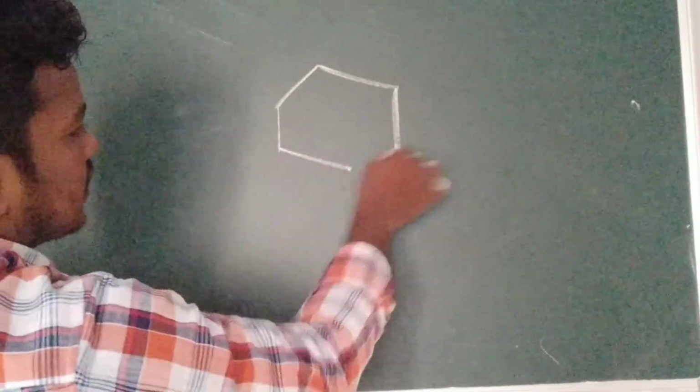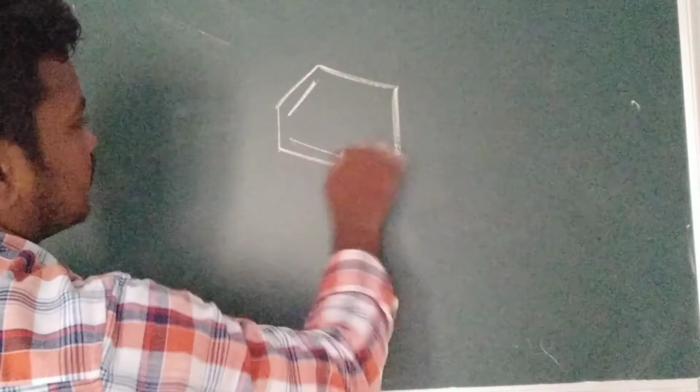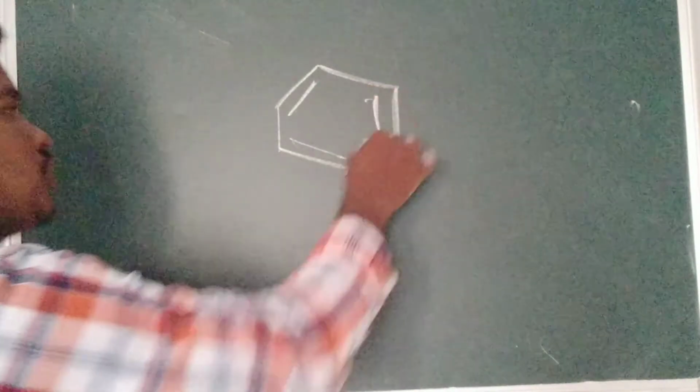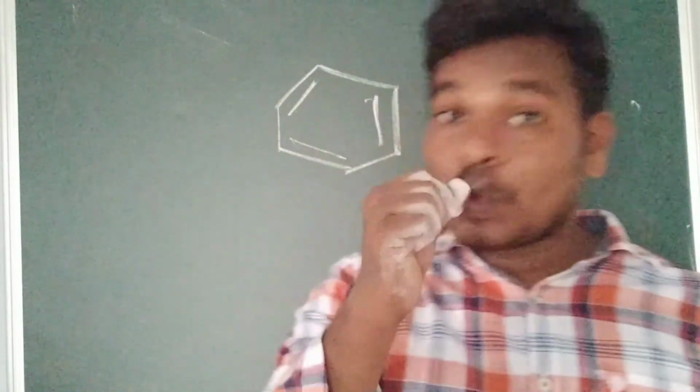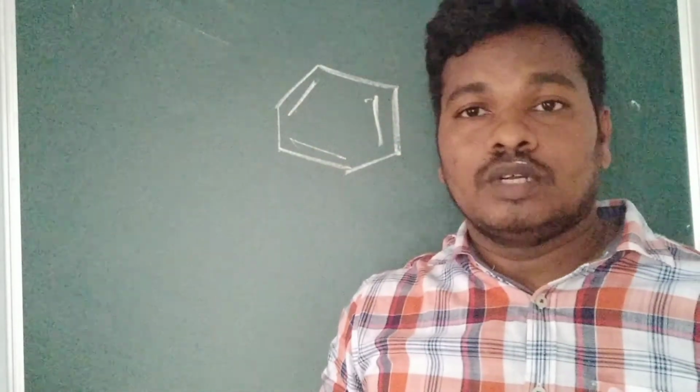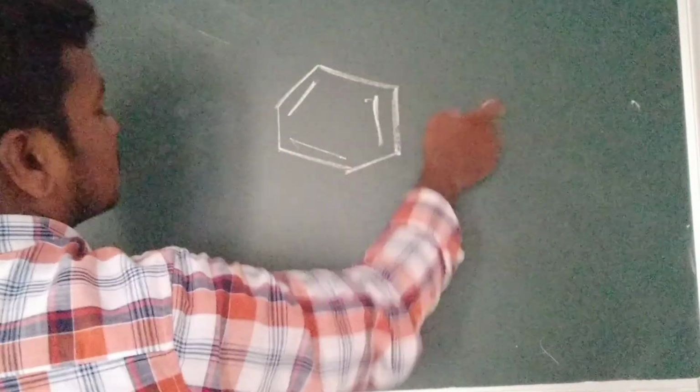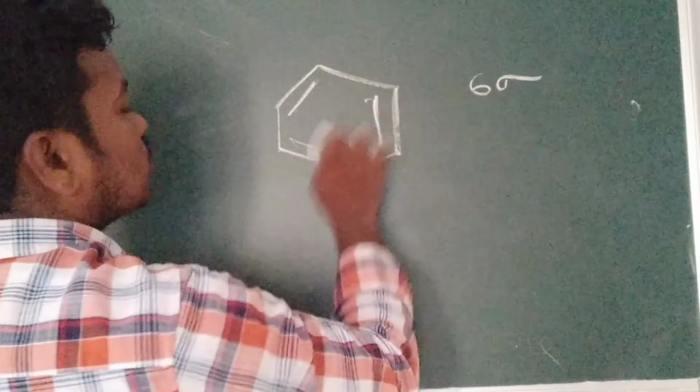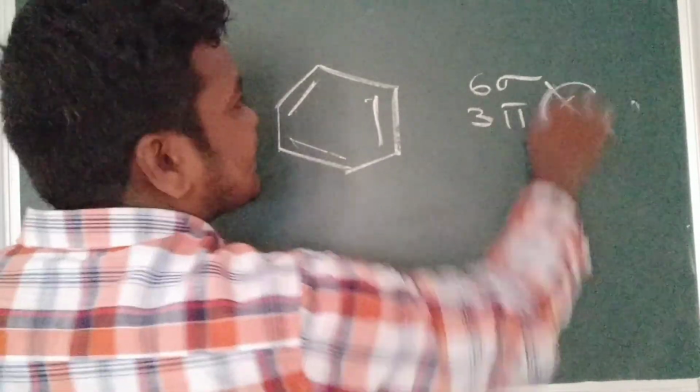So next one you can see, hybridization. Just now we discussed hybridization. Given some examples: calculate the sigma and pi bonds in benzene. If you see by eyes, there are no hydrogens presented. We have to count every bond. If you see, we will think 1, 2, 3, 4, 5, 6, 6 sigma bonds, 3 pi bonds. It is completely done.